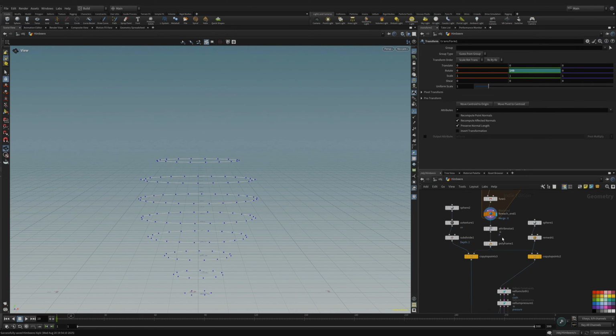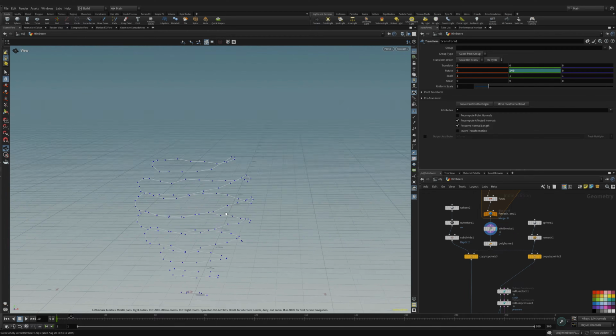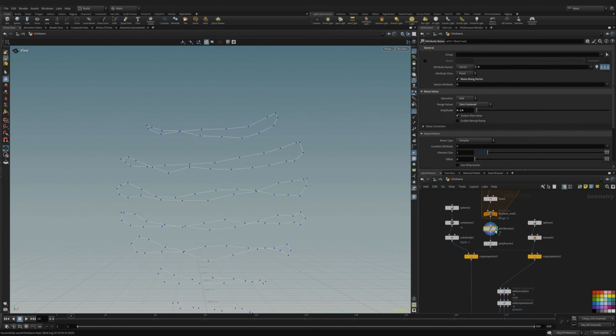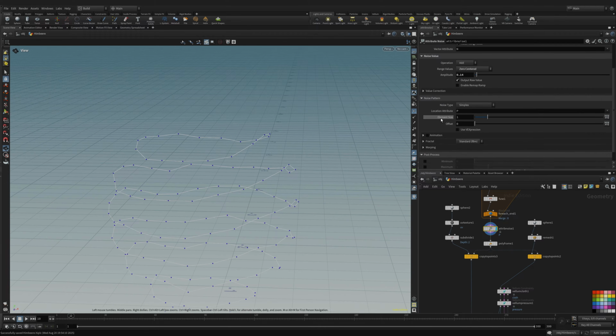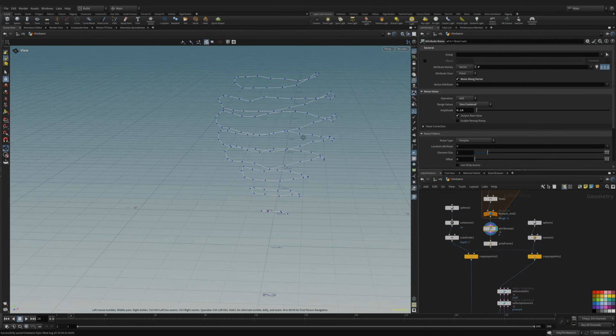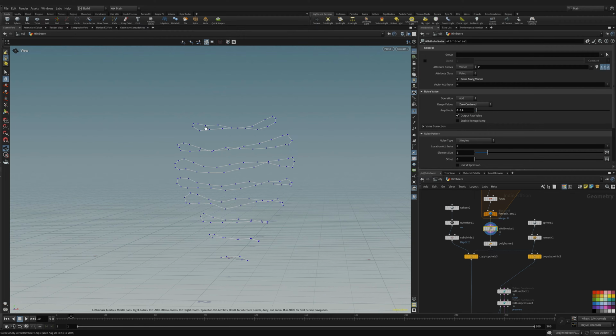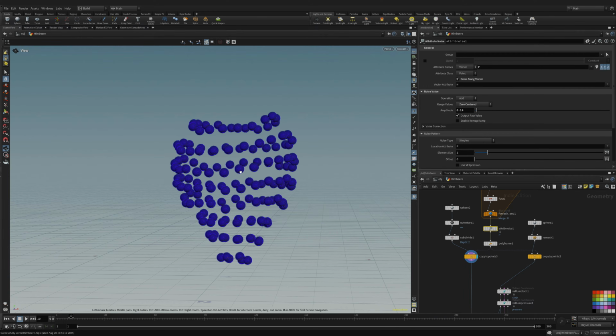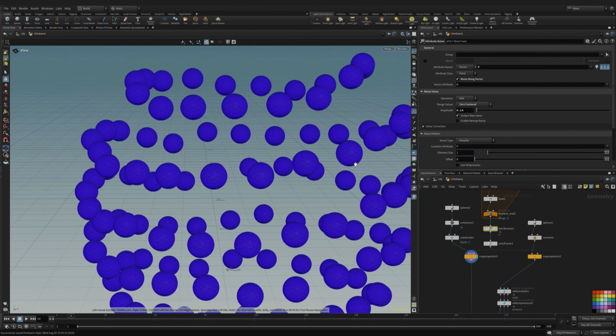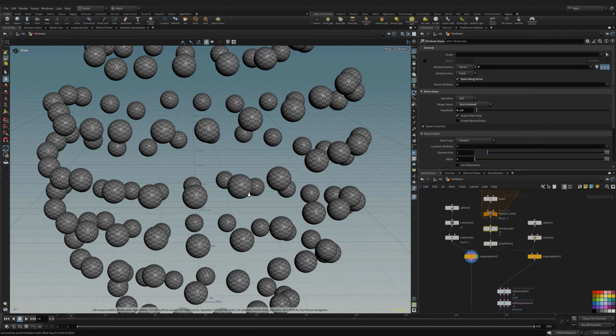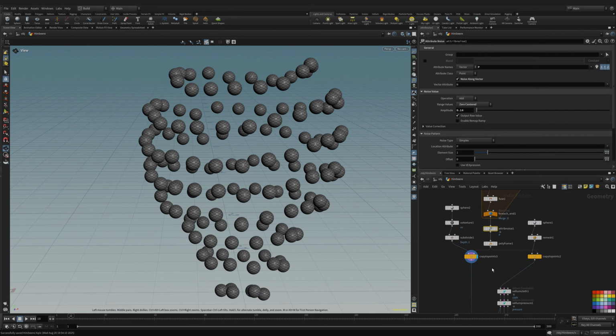So after that, we create the polyframe and noise it using a simple attribute noise in the P attribute. Nothing special here, just to create a bit more organic shape. And then we copy a sphere onto each of the points. Let's turn on the points here. And together with